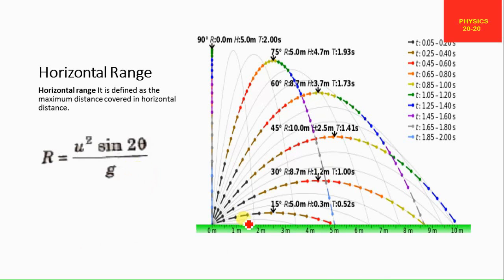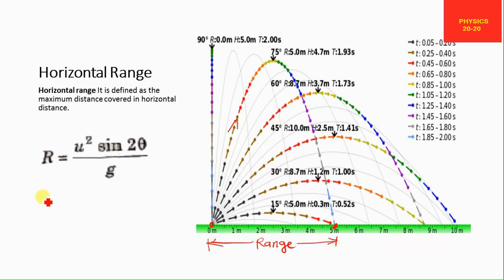Now another term that is called the range, horizontal range. We have already discussed the horizontal range. This is the point of projection, the point from which it is projected, and the point at which it lands. Let us consider any projectile motion. Let us suppose this is the path of the projectile and it will land here. So the range is equal to this. This is called the range.